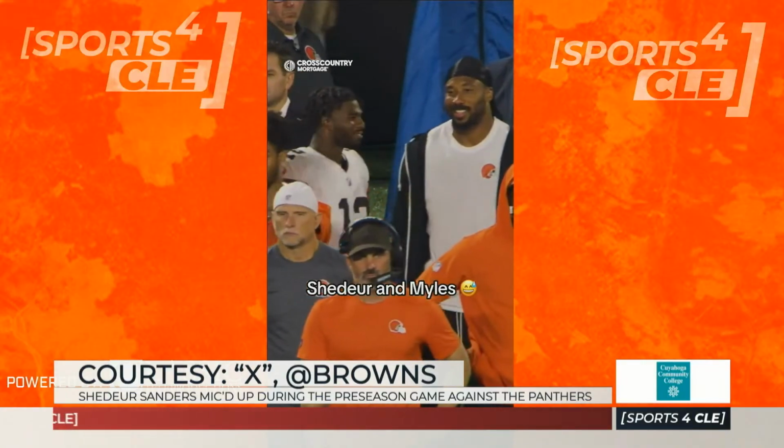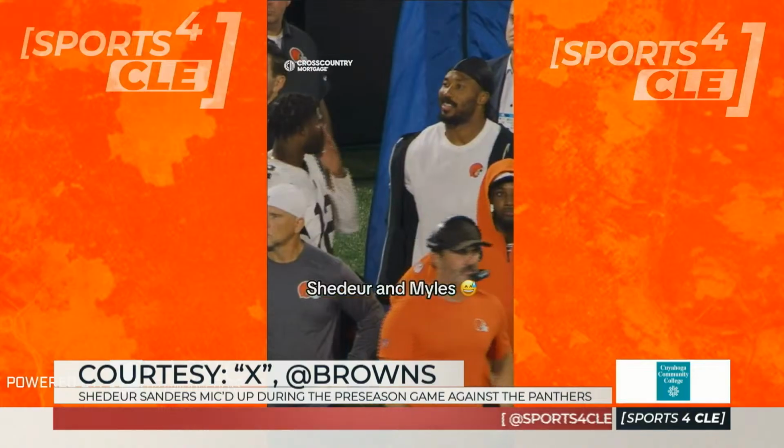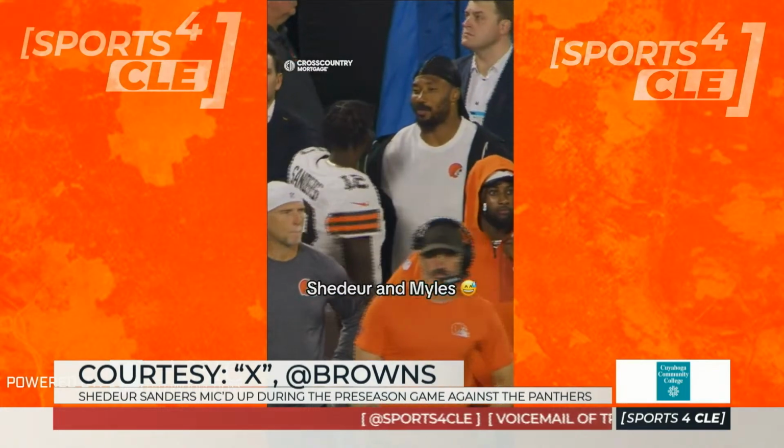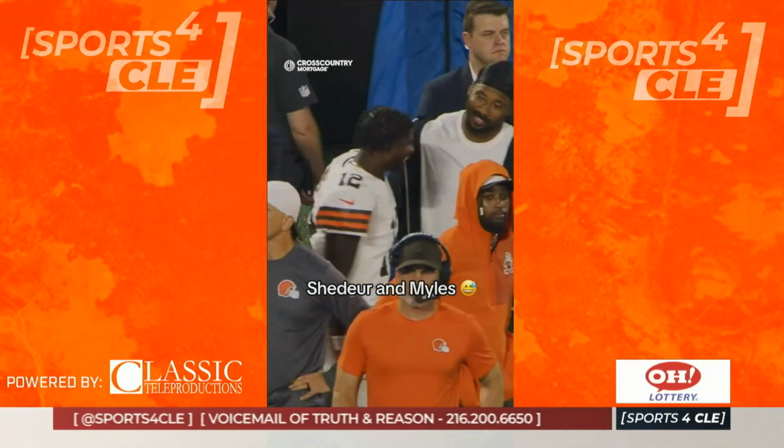One of his aggressive grabs. Right. I want to just see if I could get out of it, though. Well, you're a good kid. I don't want to have to hurt you, bro. We're going to need you, bro. We're going to need you. And there you go. Shedeur Sanders trying to figure out how Myles Garrett would pressure him. So good stuff. All right,